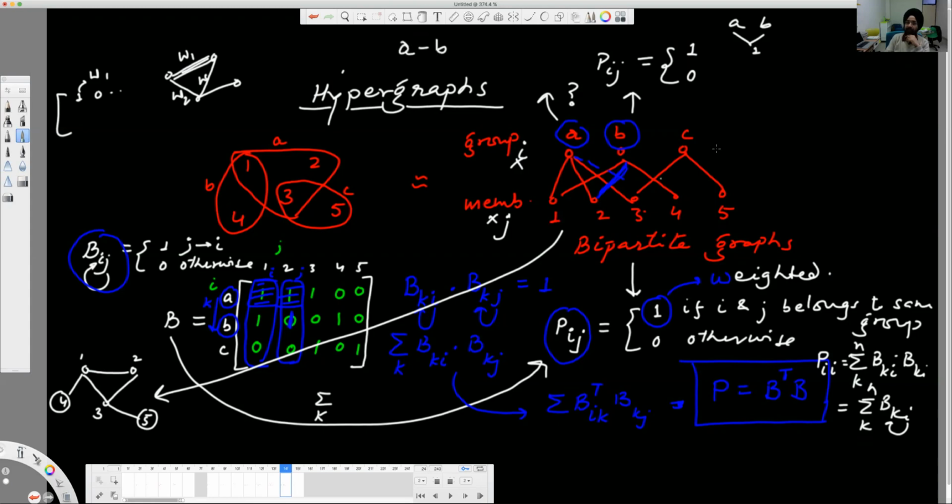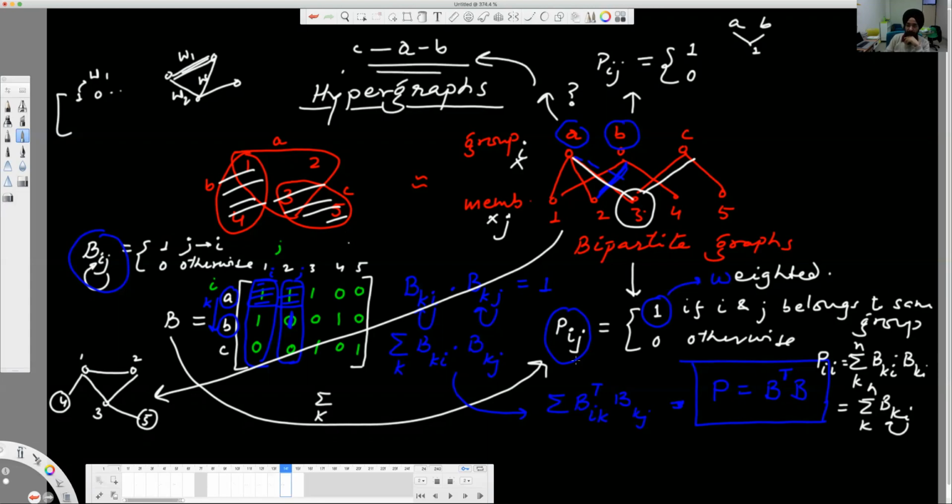Okay. C will be connected to B? No, there is no common partner between B and C. You can also see here B and C are isolated. These two are isolated, right? But A and C have a common partner, which is 3. Right? This is common to A and C. So this will be your network for this layer, this projection. Okay, so that's what we are doing.